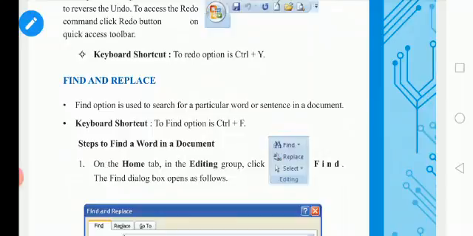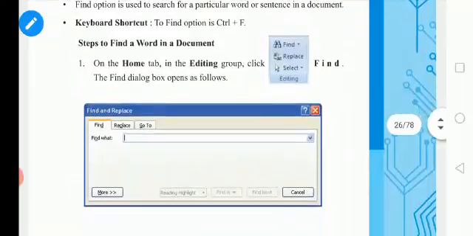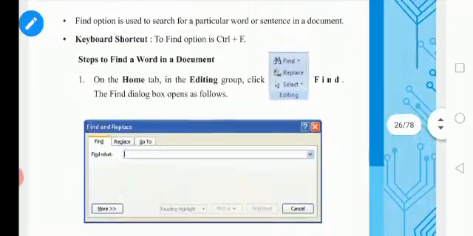Okay, so if you click that find, a dialog box will appear. Could you see the dialog box? Yes. Find and replace. Find what? In that area we have to type that word, approximate. Which word? The wrongly typed word you have to type here, then only it will find it, isn't it? So after typing, if you click find in, it will identify, highlight the word and select and show where the word is. Okay, so this is for finding.